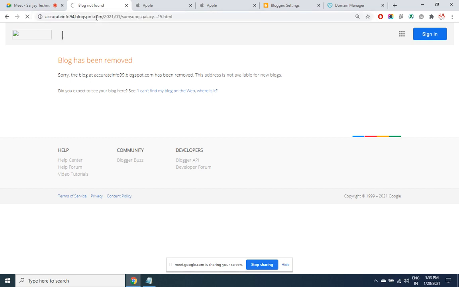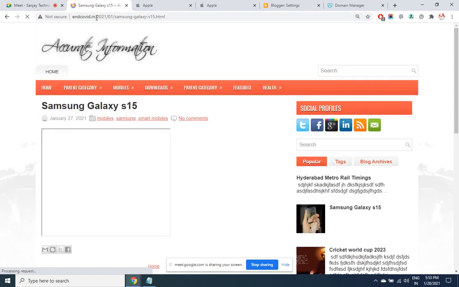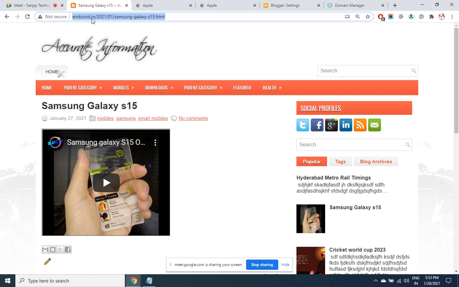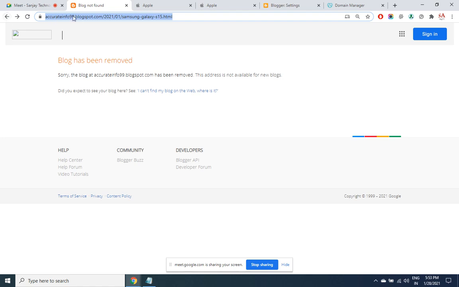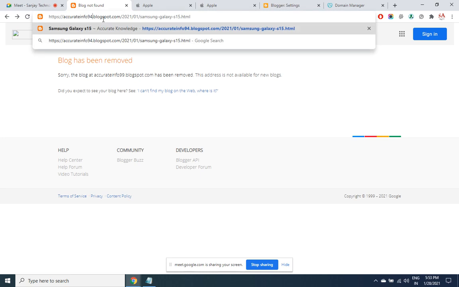Press enter. See here, automatically it gets redirected to the private domain. Even if you give the home page address, it automatically gets redirected to the private one.